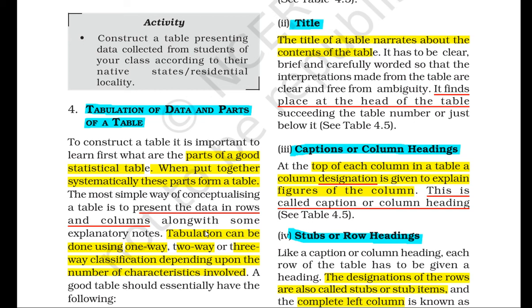Today we shall discuss the tabulation of data and the parts of the table. We already know that there are four types of table as per the classification: qualitative, quantitative, temporal and spatial. While making the tabulation of data, we have to consider certain things. There are certain norms, not rules and regulations, to prepare the table so that it can easily be understood by every reader.